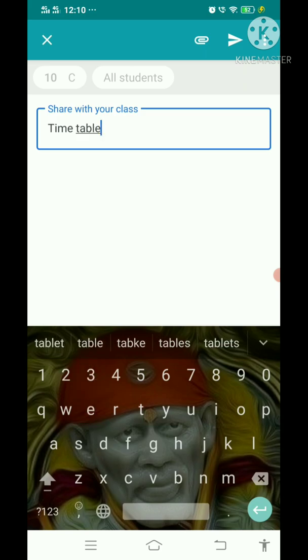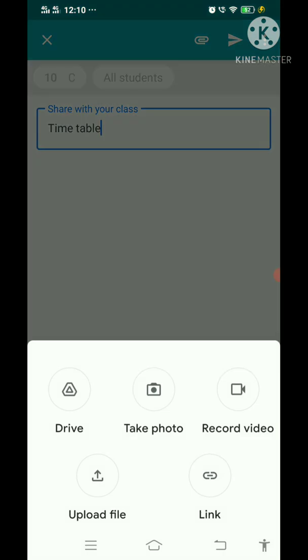and from the attach icon on the top, I can select any file from the drive, any picture from my mobile, any video saved in the gallery, even a document file saved in the phone, or a link to a particular web page.